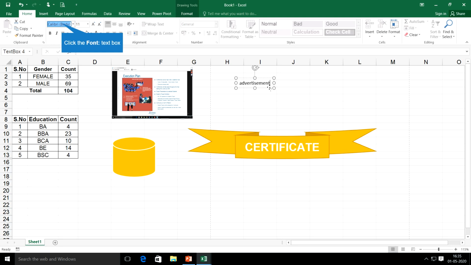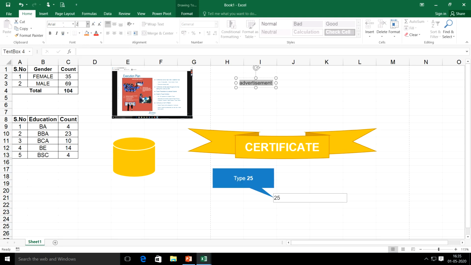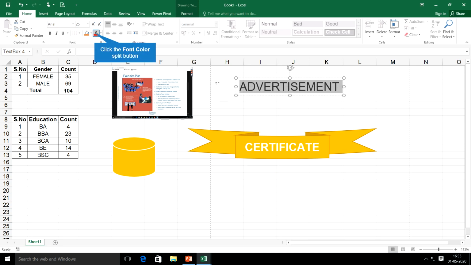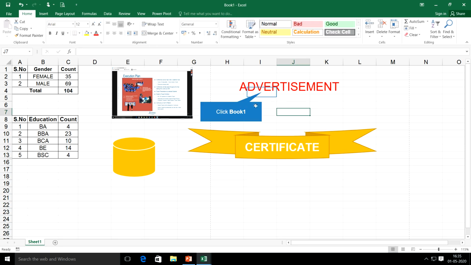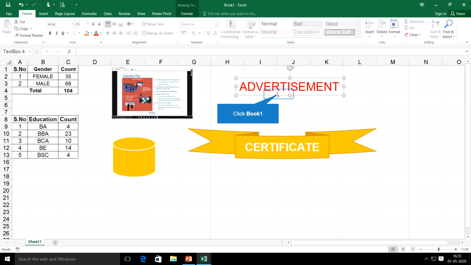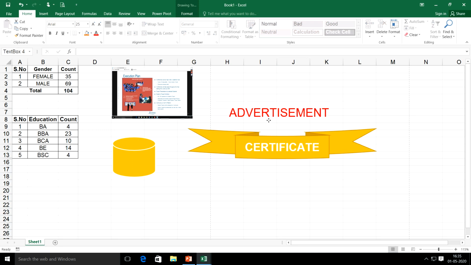Advertisement, for example, I am typing. This way I can insert a text box into my Excel sheet.